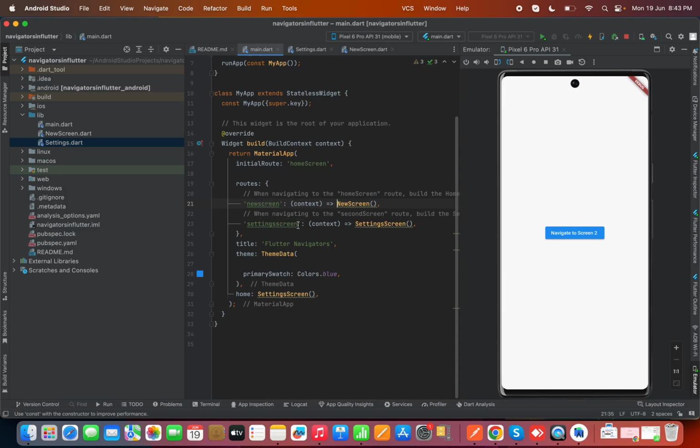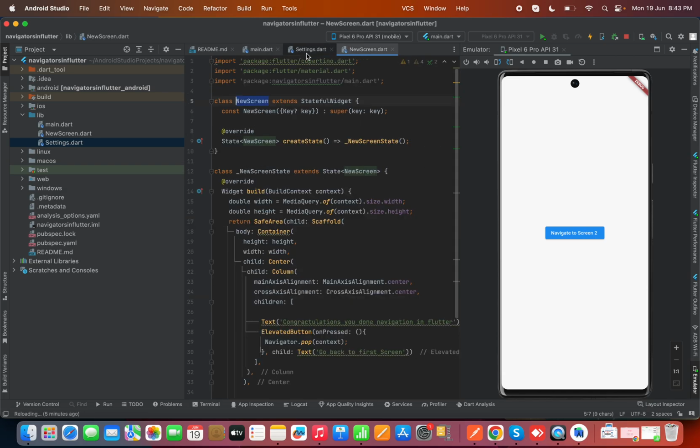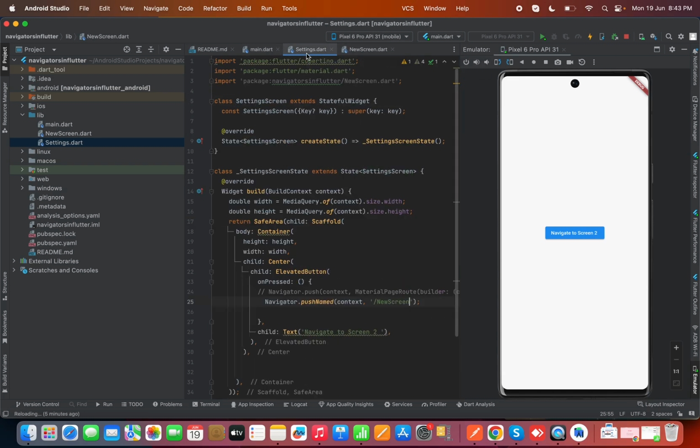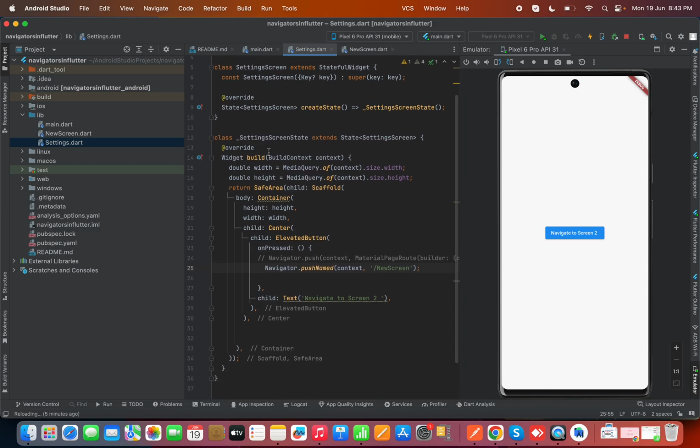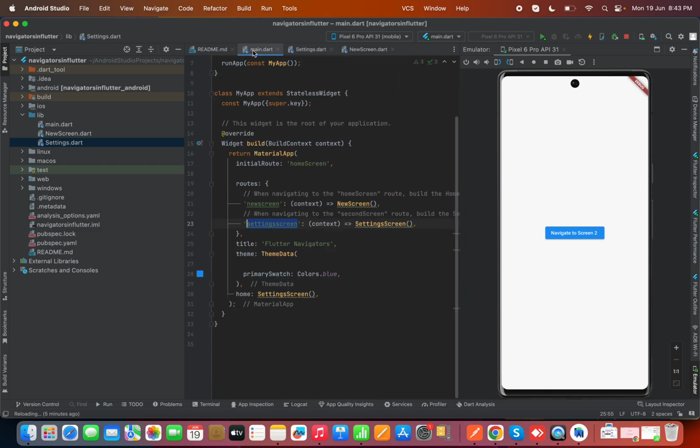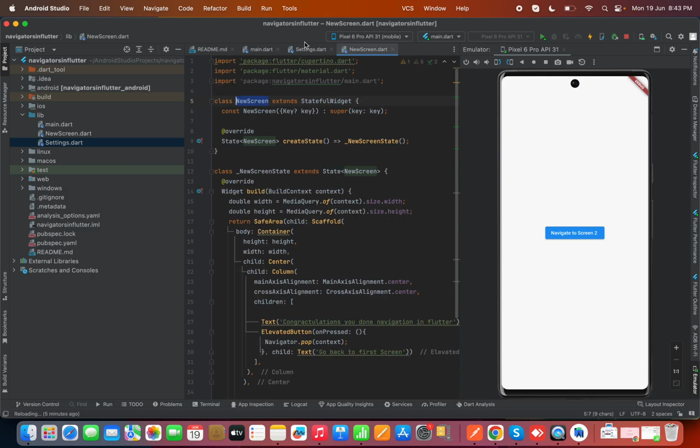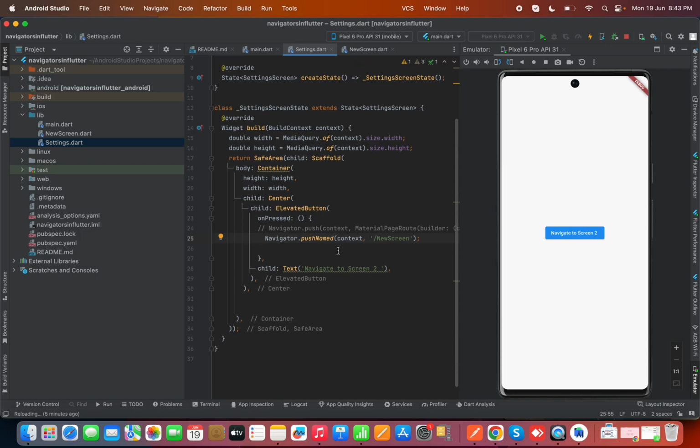Let us copy the new screen route because we need it. Go to settings.dart, which is our starting class, and paste it here just after the slash, and now again hit the run button,